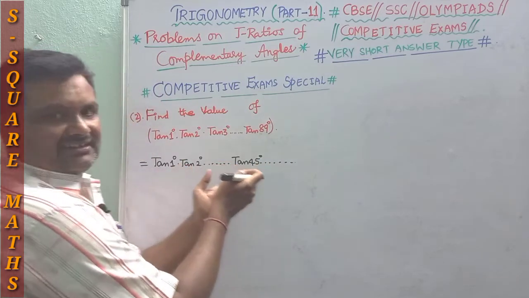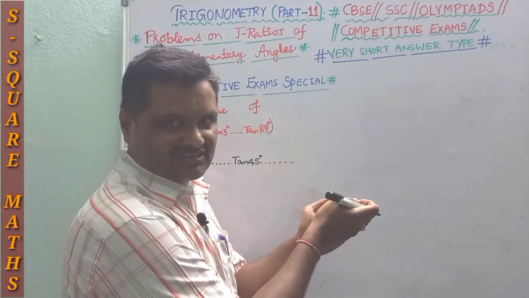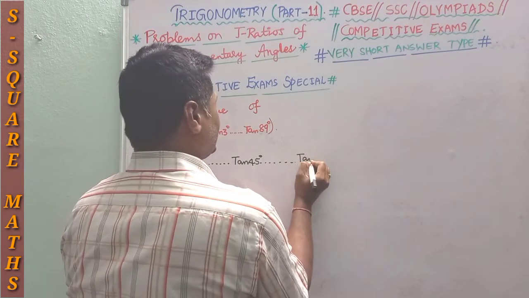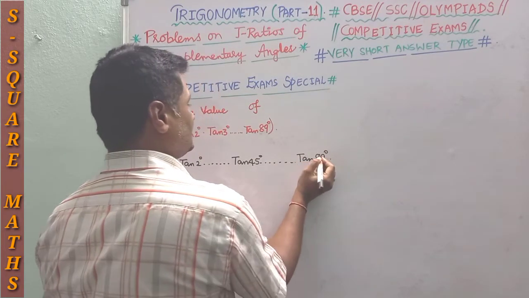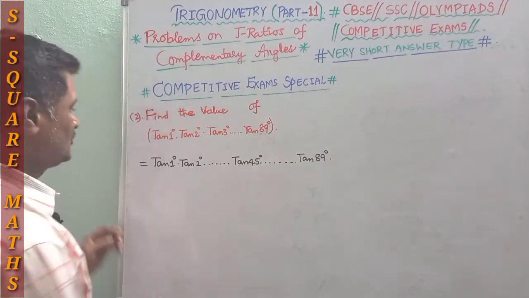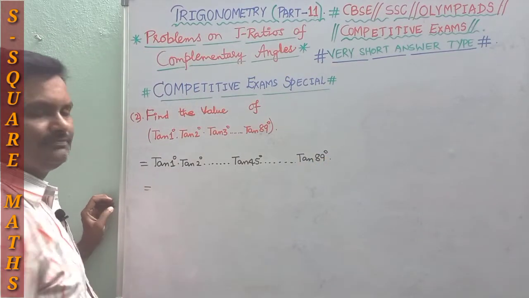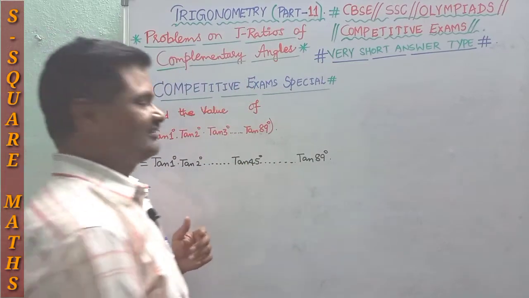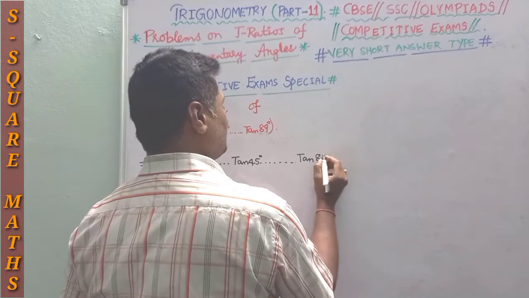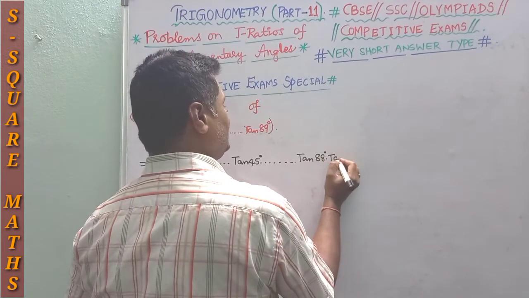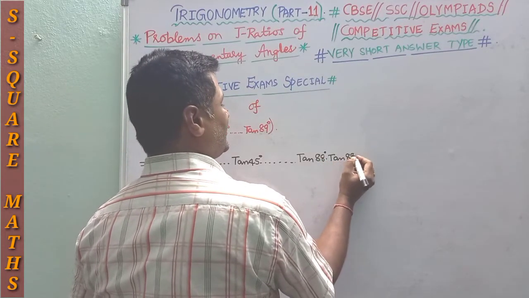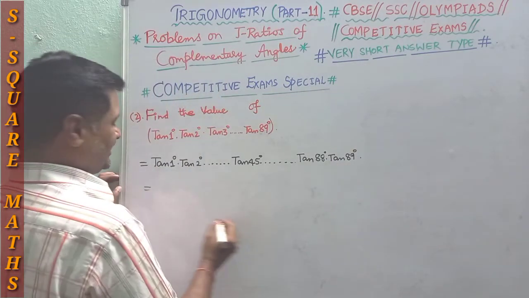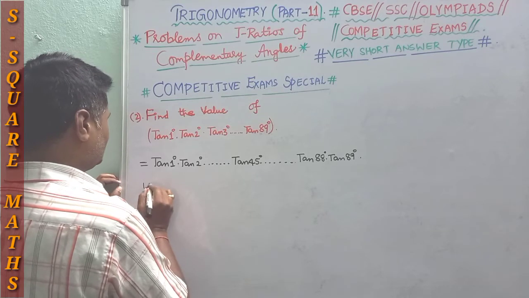Here you will get tan 30 degrees and here you will get tan 60 degrees also, obviously, but here, as required, I am writing tan 89 degrees. Okay, so now this can be written as, now you can change tan 1 degree or tan 89 degrees, that is your wish. So one more, I am writing tan 88 degrees into tan 89 degrees. Okay. So we know that, or we have.